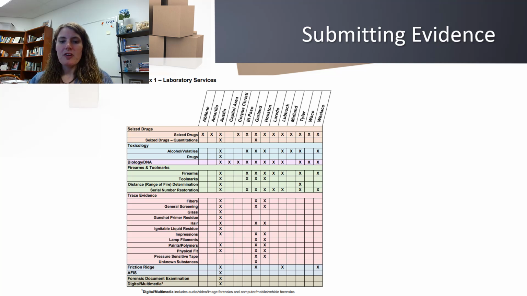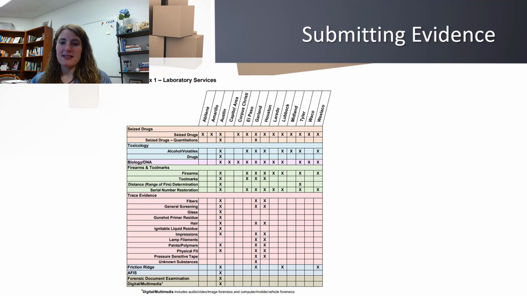So, for example, if you have a drug sample that requires a toxicological analysis, the only lab in the state that does that is in Austin, which is the main crime lab for the whole state. If you collect bullet cartridges for AFIS, you have to send that to Austin too. If you want a DNA sample analyzed, though, you can use multiple laboratories, including Austin, you can go to Houston, El Paso, or Waco. In Tyler, we have the capabilities for seized drug analysis, alcohol toxicology, and some firearms and